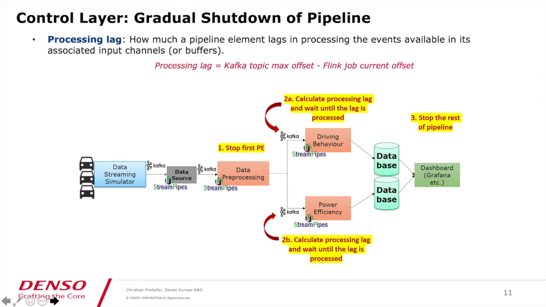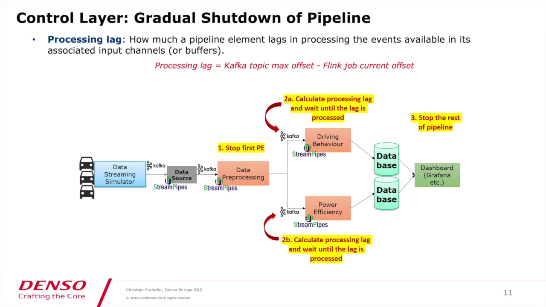So there is a need to follow a proper procedure to shut down a pipeline by first checking whether each individual pipeline element has completely processed the data present in its communication buffer or not, and if not, then we should wait until the pipeline element has processed all the data from its relevant communication buffer. So now the question is how to check whether a pipeline element has consumed all the data from its associated input buffer or not. For that we have utilized the concept of processing lag, which tells us how much